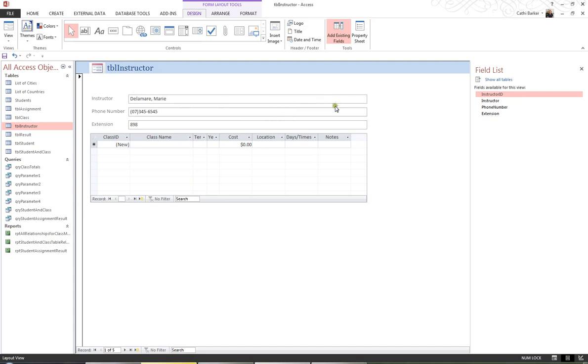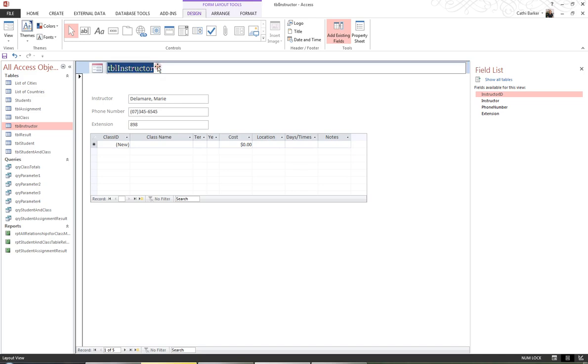What I would like to do is resize the existing controls on my form to about half the size they are at the moment. So I'm going to click on Instructor ID, hold the Control key and click on Phone Number and Extension. And I'm just going to resize and make them half the width they currently are. I'm also going to rename the title. TBL Instructor is not very user friendly. It's just basically telling me it's based on the table instructor. I'm going to click up here and actually double click, and then I'm going to type a different title and call it Instructor Details